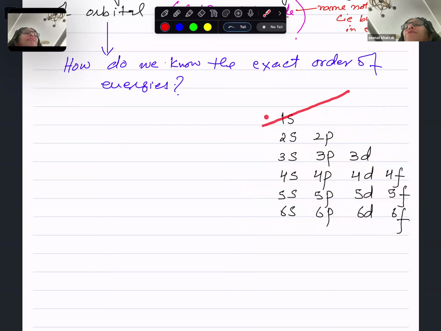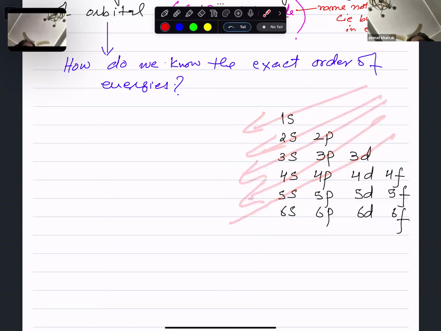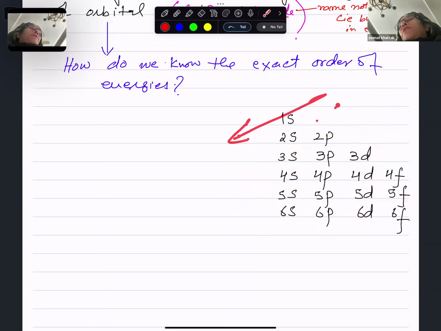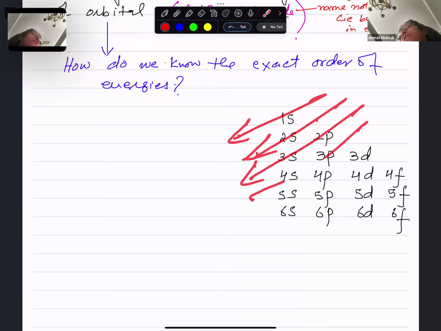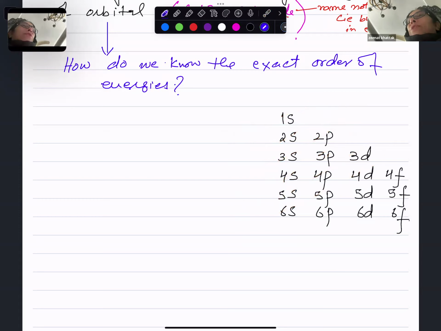Now, first 1s is filled, low energy. And after 1s, next is what? 2s. And after 2s, the next is what? 2p and 3s. Look, when you cross it diagonally like this, 1s, then 2s, then 2p, 3s, then 3p, 4s, and then 3d, 4p, and 5s. Look, first 1s, then 2s, then this, and this, and this. I'm going to do it. 1s. And after 1s,